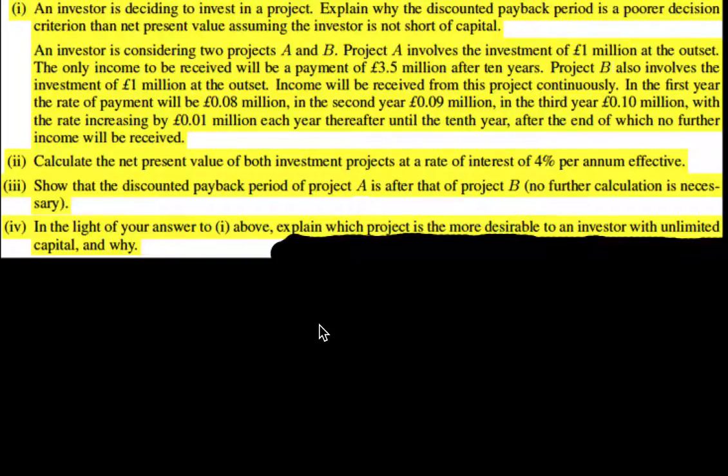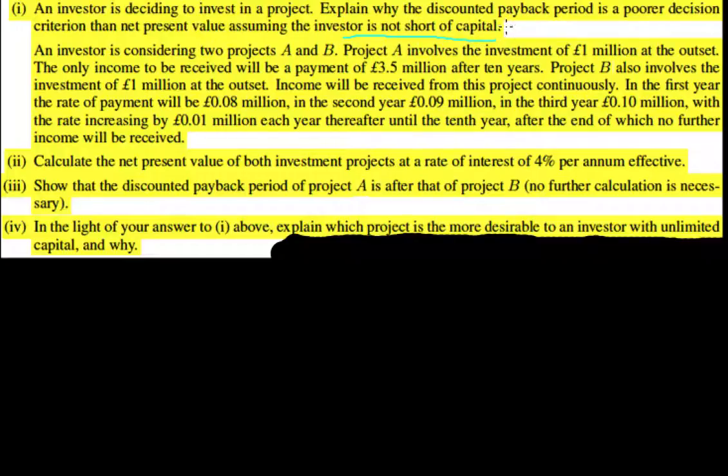Hello everyone, let's look at another exam question. An investor is deciding to invest in a project. Explain why the discounted payback period is a poorer decision criterion than net present value, assuming the investor is not short of capital. So I think the biggest thing we're looking at there is the fact that they've got a